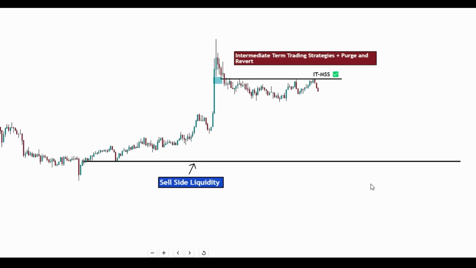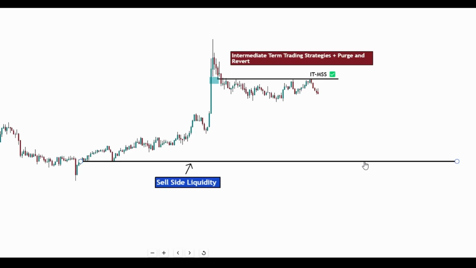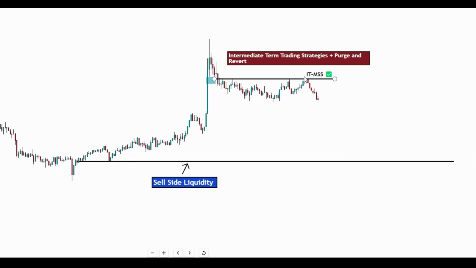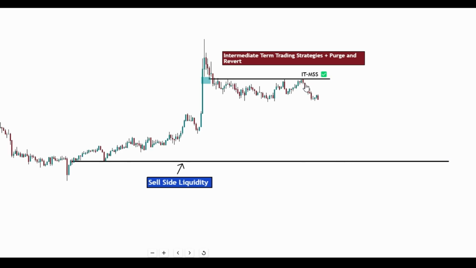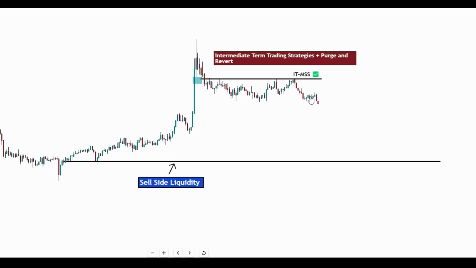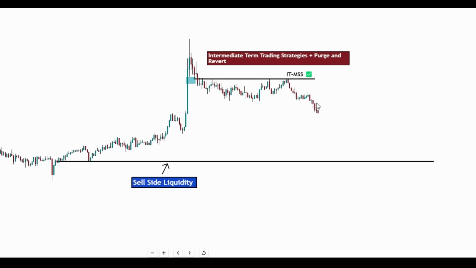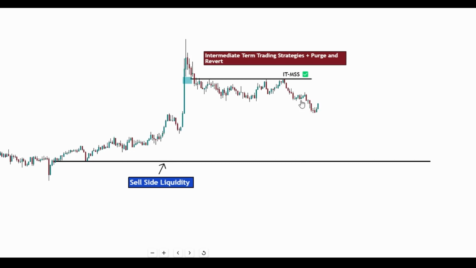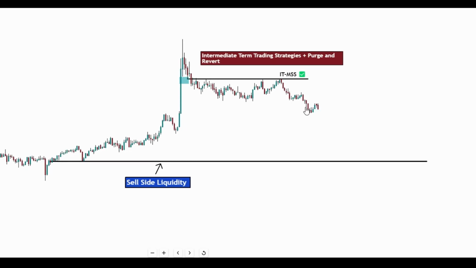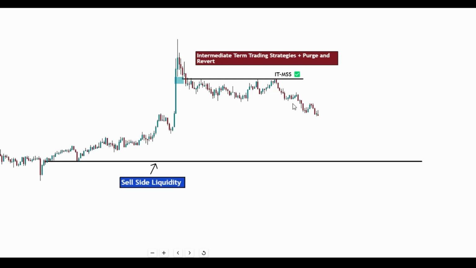3 strategies to rule them all. That's what we're diving into today. Ever feel like you're missing out on the really big trades? Like there's a secret playbook that only the pros know? It's tough when you first start out, I know that. But what if I told you there are 3 strategies that can change everything for you?